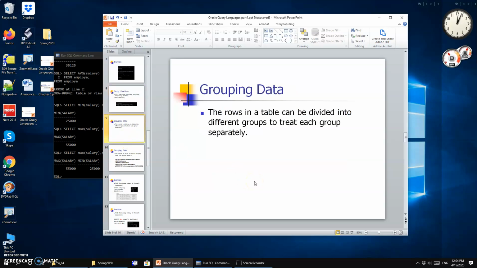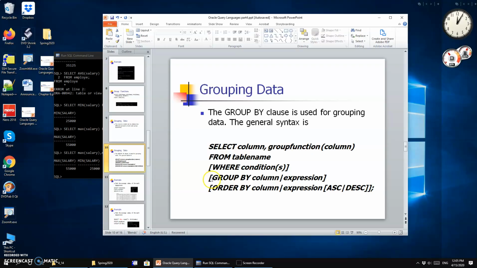Once we are able to find the average salary of the company, we may want to get some more detailed information. Because if you still recall, in this company, we have 3 departments. And some departments are probably making more money than the others. Therefore, we may want to find the average salary for each department. To do so, we need to group those departments together and then find the maximum, minimum, and average salaries of each department. To do so, we have to introduce the last operation I want to talk to you about, which